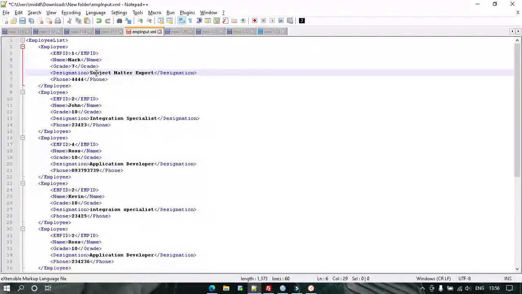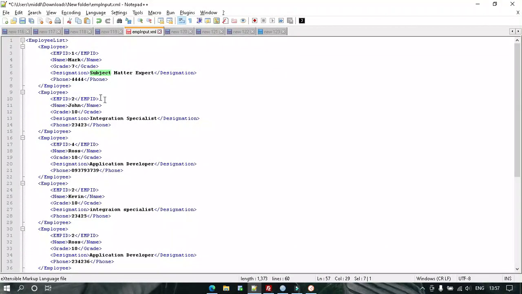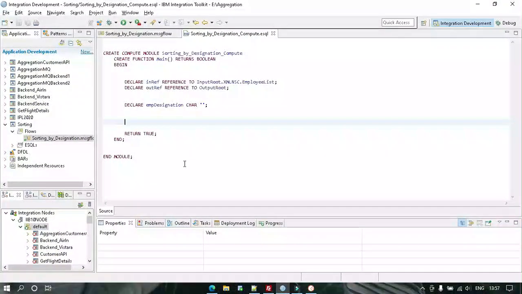Suppose whenever subject matter expert is matching, then both the subject matter experts present here will be created together in an output root. Similarly, where integration specialist is matching, all the integration specialists will be created in the output root so that they can come together. So this logic will follow. I'll not write the correct code in one go. We'll check unit by unit, and if there is a problem, we'll rectify it.